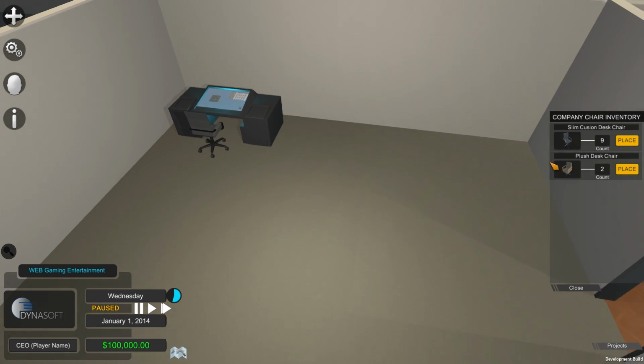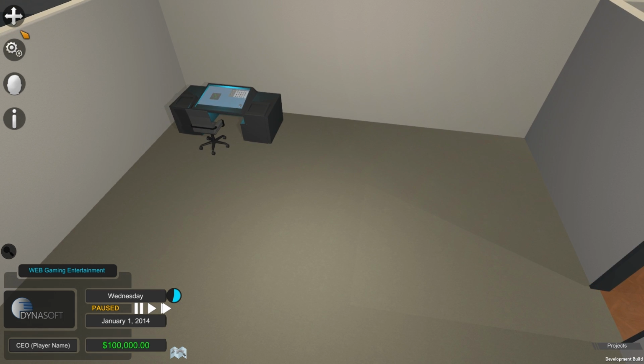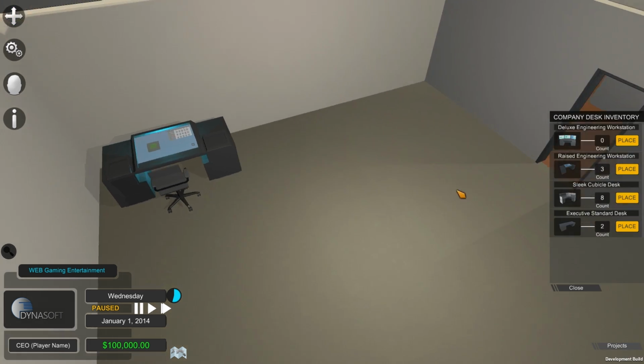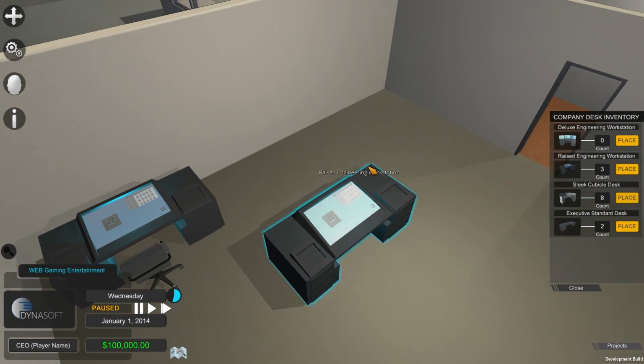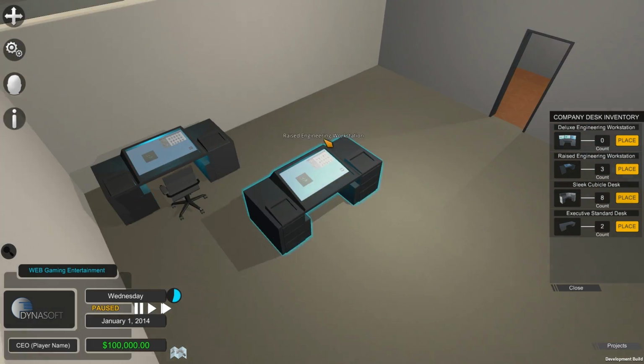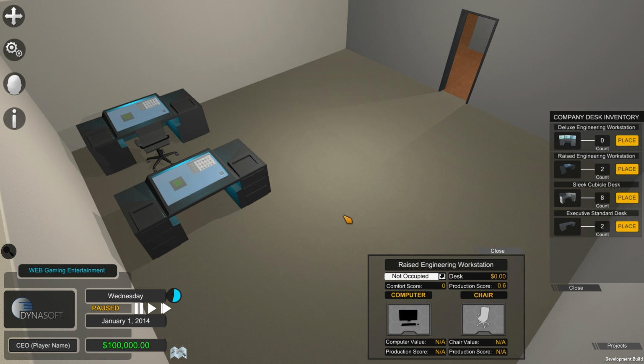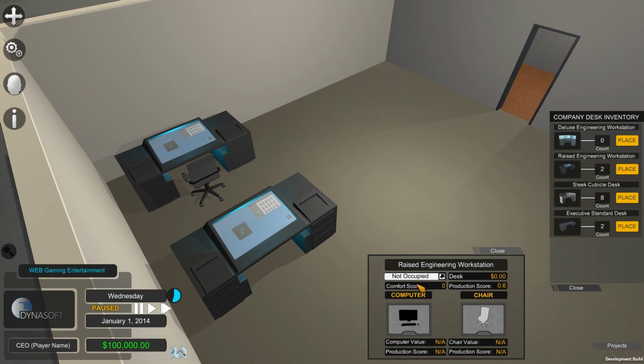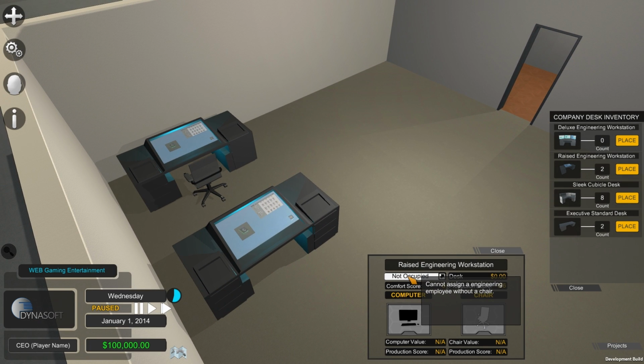So there we go. Right, and I'm going to talk a bit about how placing it works, the system I have in right now. Essentially, you just grab a desk off the menu and you place a desk. And the thing is, before you can hire someone, or rather assign someone to this desk,